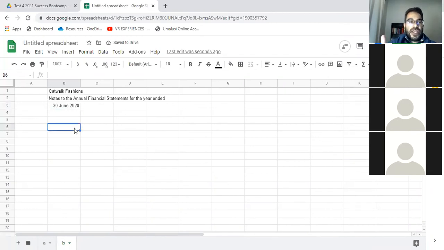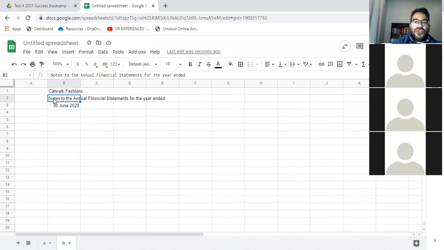So now I know I got the company name. I have the statement name with the correct terminology as in for the year ended. And then I have the date. What's important to take note, if you're doing this for groups, all you must do is include the terminology consolidated. So if you're doing the balance sheet, you say consolidated SFP. For the notes, it will be consolidated notes to the annual financial statements. That's the only difference for groups and non-groups. Okay.